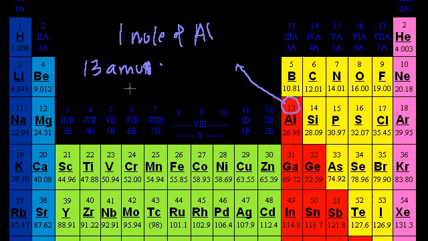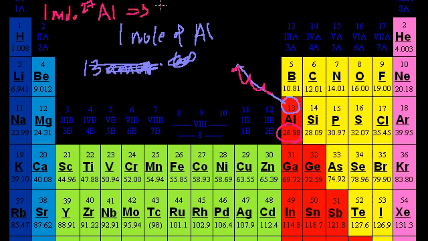times 6. Well, I won't write it that way, actually. That'll probably just confuse you. The easy way to think about it is if you have a mole of an atom, you take its mass. Actually, I was taking its atomic number. That's not good. You take its mass number. In this case, let's say it's 27. So we're dealing with aluminum 27. You take its mass number, and if you have 1 mole of it, then the mass of that will be 27 grams. So it literally is, when you have 1 mole of an atom, a direct translation between its mass